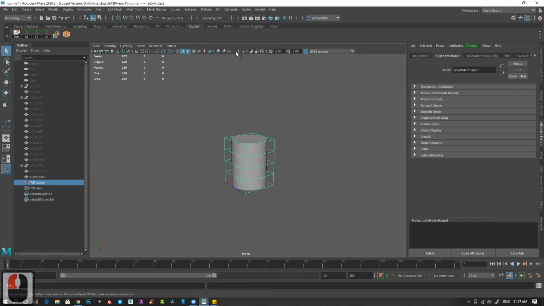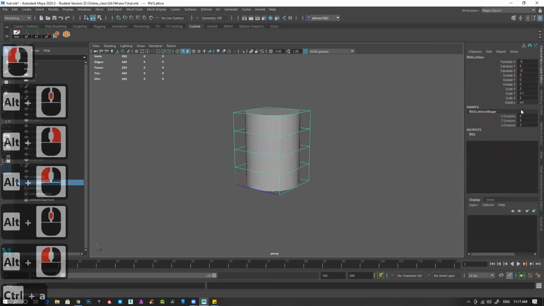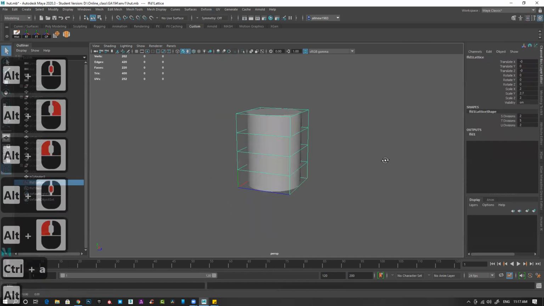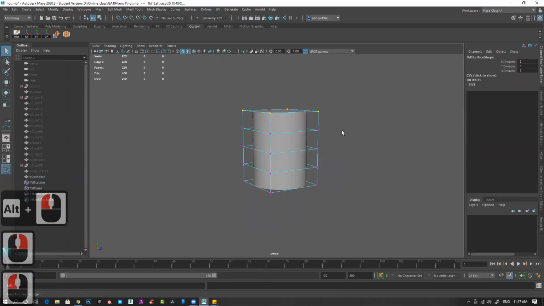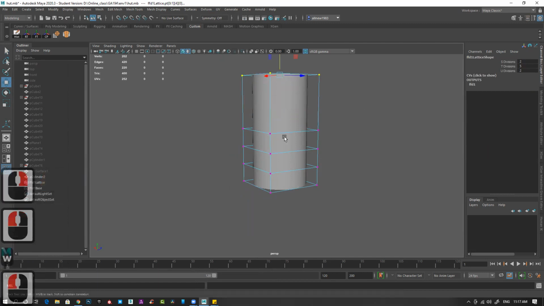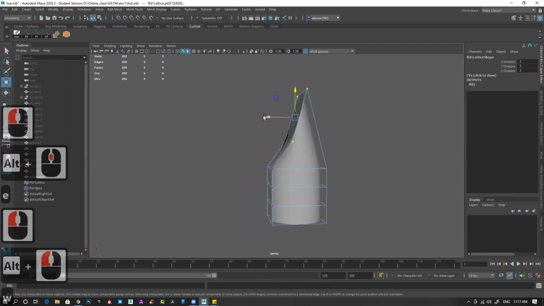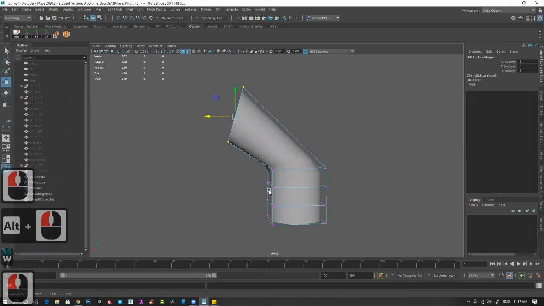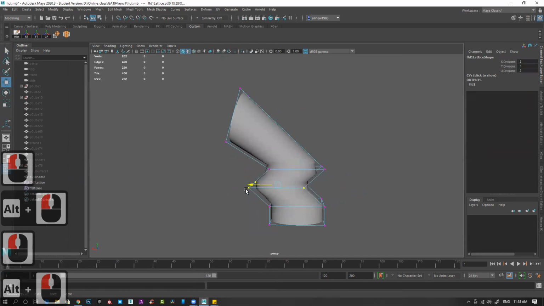So you just have to click here. So FFD is basically this one. Control A. Now you have all these FFD divisions and right click lattice point. Whatever you want to do with this, right? It's totally up to you, and it works beautifully. This is a very powerful tool.